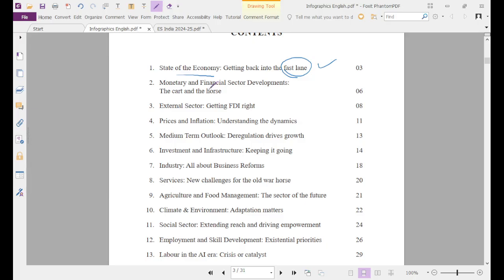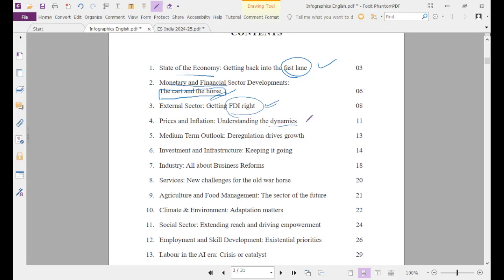Also the monetary and financial sector has been analyzed, putting the cart and the horse. Generally it is said that to run the economic engine you have to put the horse before the cart. The horse before the cart principle has been outlined, and the horse indicates the finance sector. Then there is the external sector, how FDI has been coming into India. India has been the top recipient of FDI in the world. How have been